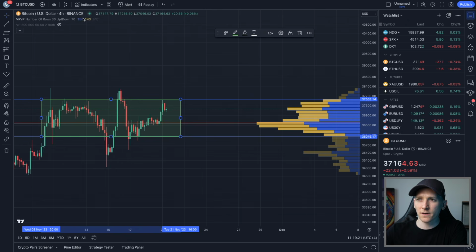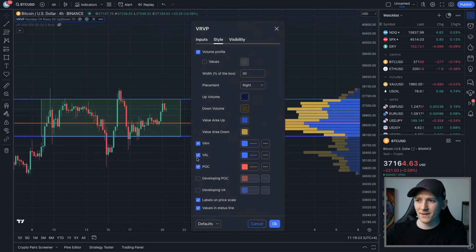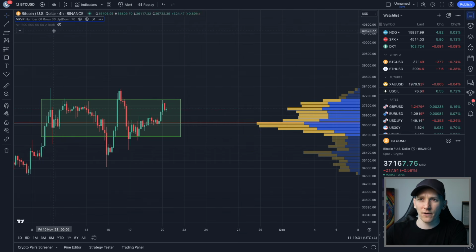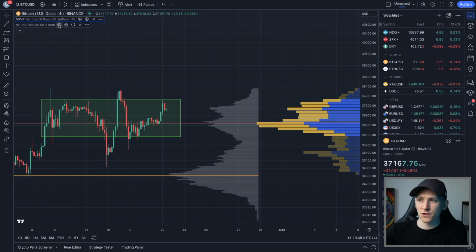So from here, I'm just going to go to settings and then take these out so we don't have those lines, to make it a bit cleaner. You can also take the POC out if you want. Just leave that in. Now, if you don't use the paid version, the free version also has very, very similar